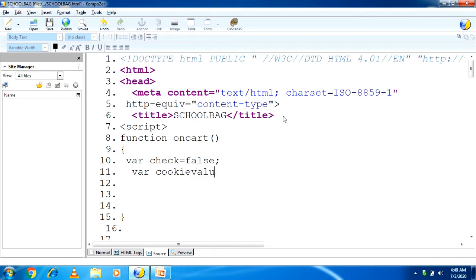Now what is actually a cookie, student? The cookie means whatever information you added in the web page, it will transfer from one page to the other page with the help of the cookie, and that's why we have to add a cookie value. Understood? Okay. Now cookievalue is empty, null.